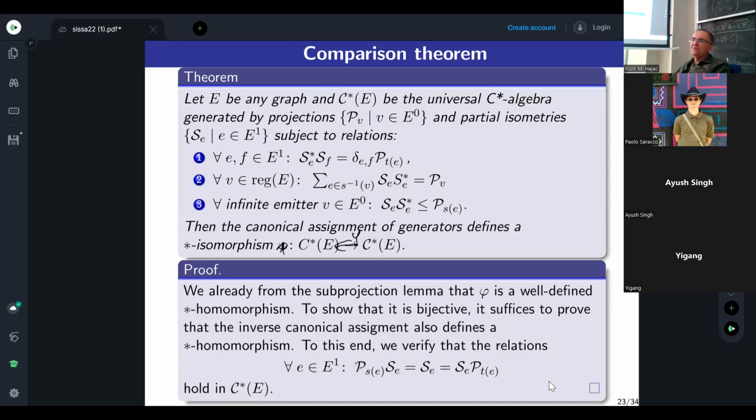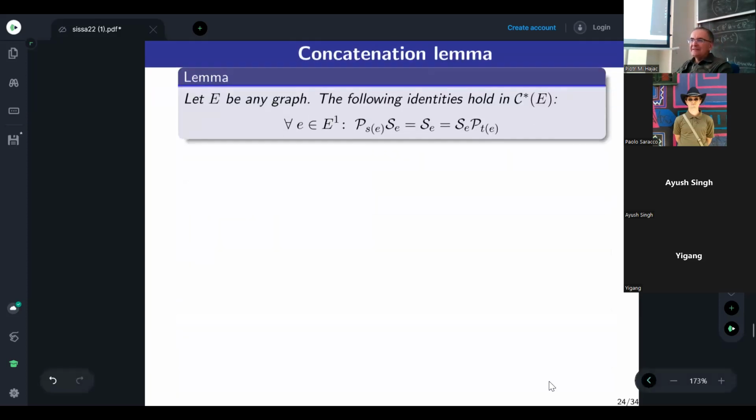And that's this relation for multiplying the vertices with edges starting at these vertices, or multiplying edges with vertices at which these edges end. Okay, that's the only thing I have to prove. And to this end, I prove the so-called concatenation lemma, because that's what allows me to see my multiplication in